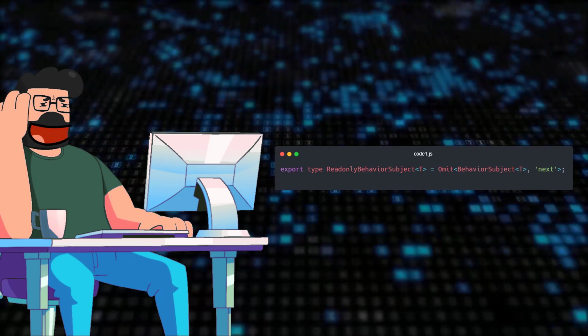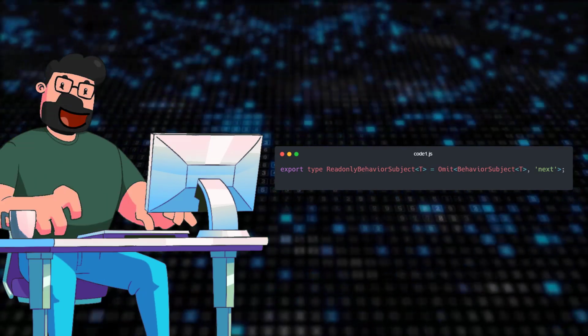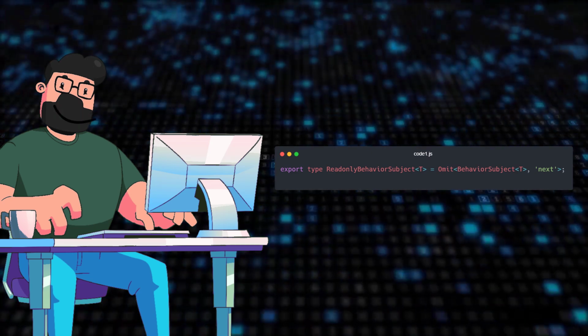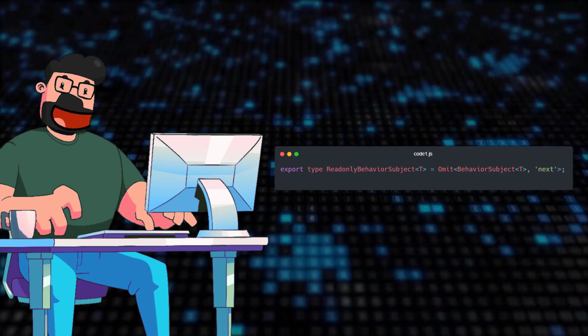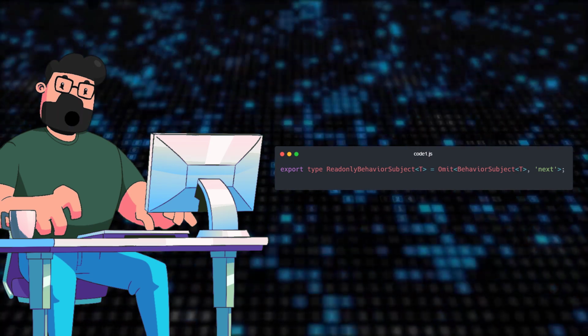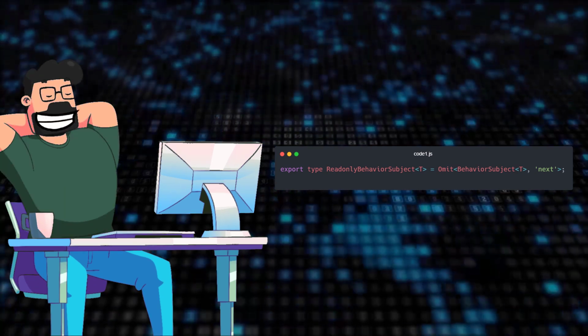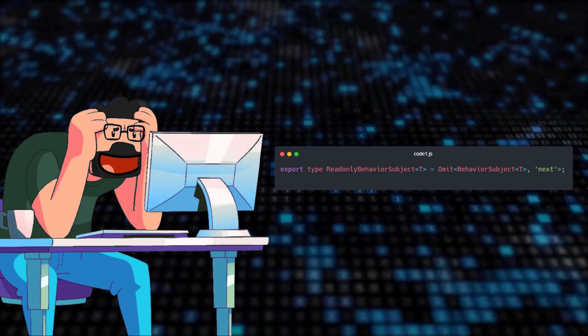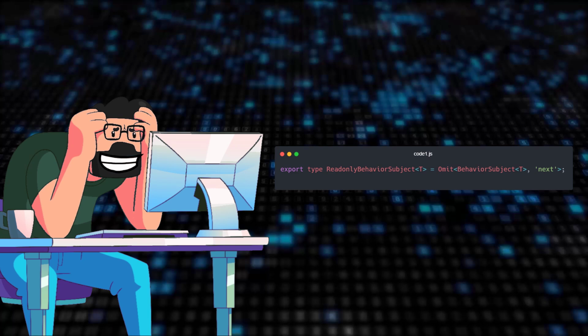Now, let's delve into the solution for this problem. The key here is to create a type called ReadonlyBehaviorSubject by using the omit utility type to exclude the next method from the original behavior subject. This approach ensures that the ReadonlyBehaviorSubject does not have the next method, achieving our goal of providing a read-only version